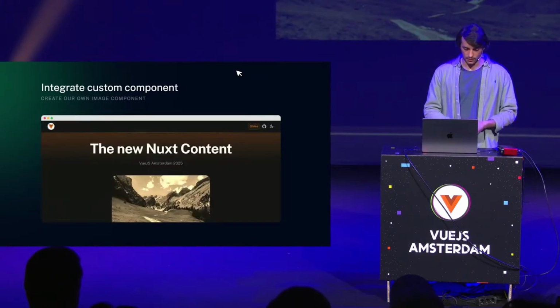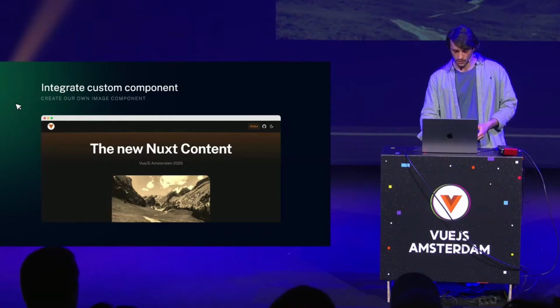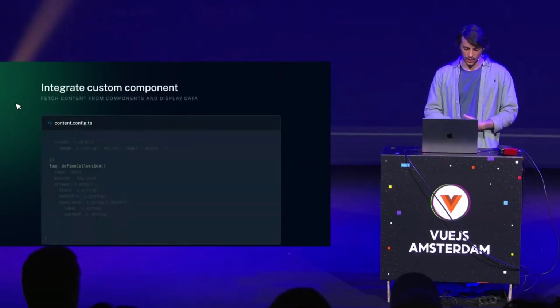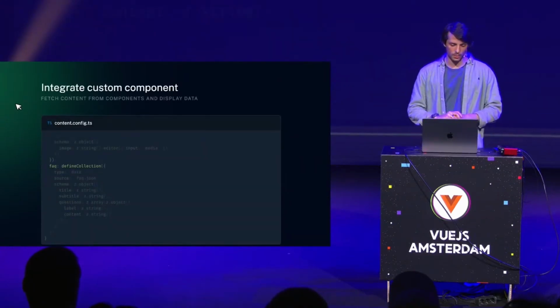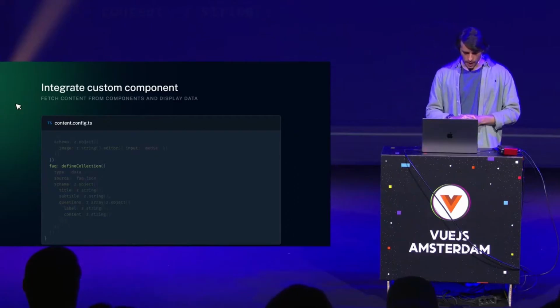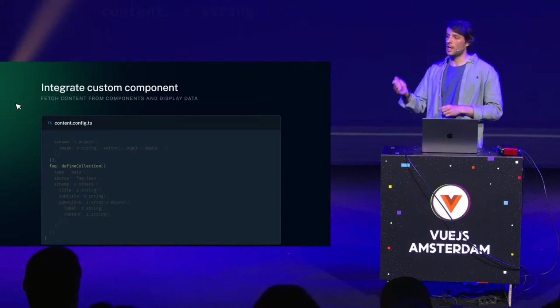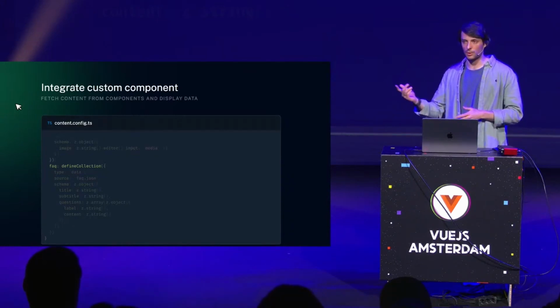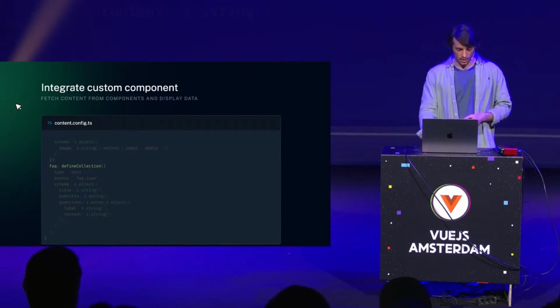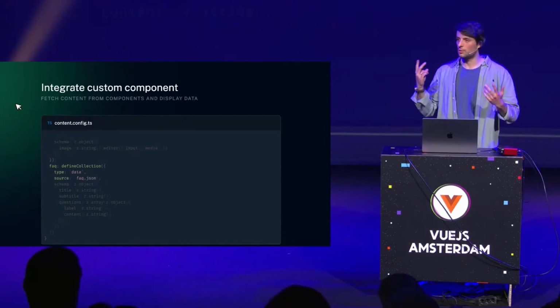Wonderful. I now have the beautiful image of the Pyrenees. I can keep going and create one last component, which is an FAQ component, so frequently asked questions. The idea this time is to create a data type collection and fetch this collection directly from a component and not from a page. So I'm creating this FAQ collection, type data, the source, one more time,